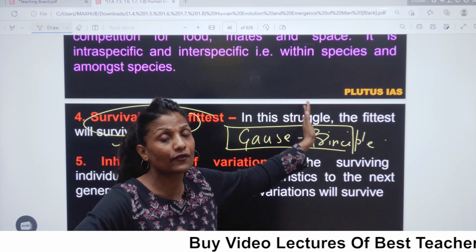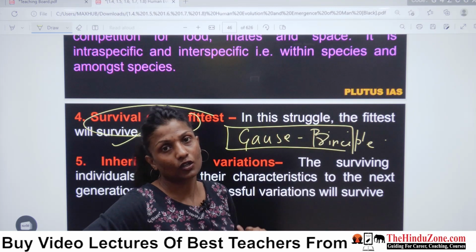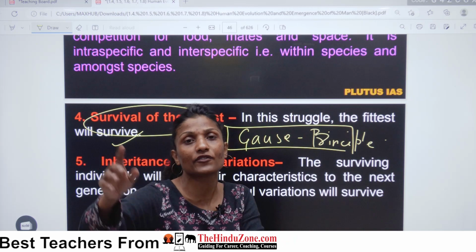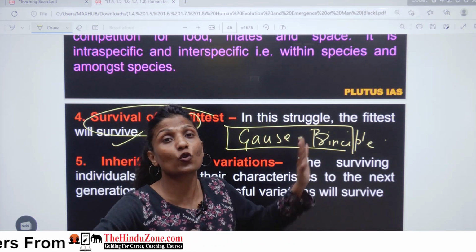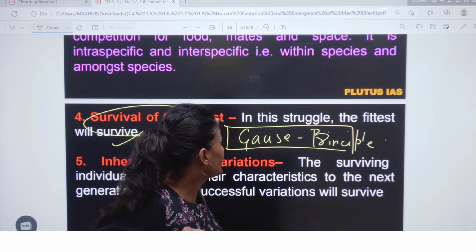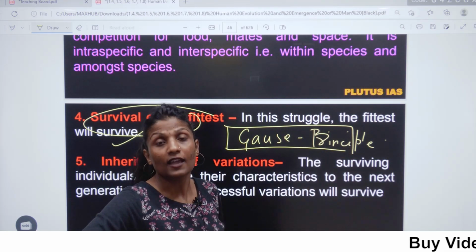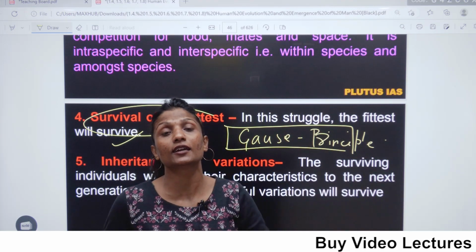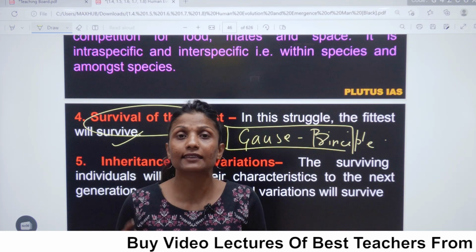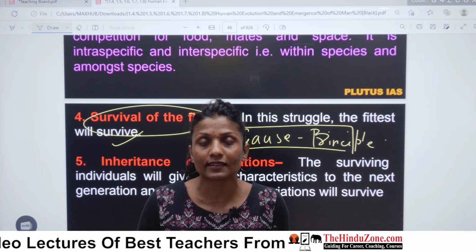I am talking about Darwin's theory, but I have correlated it with Thomas Malthus's theory of population and growth, which you are also going to read in your demography and population. Also, I have correlated it with Herbert Spencer's theory. And again, with this particular point, I have correlated it with Gauss's principle. With Gauss's principle, I have related it with Karl Marx. So these are my own original ideas, and this is what I request of all my followers and aspirants,